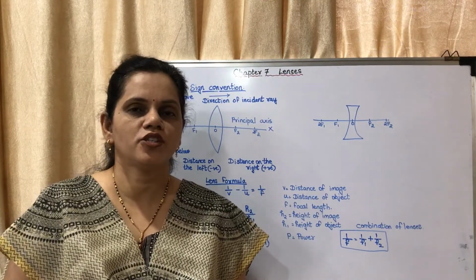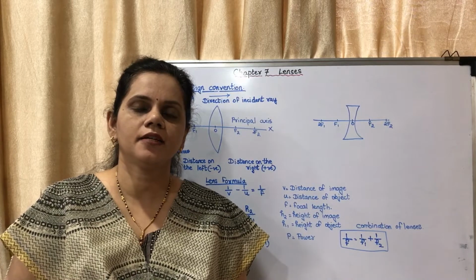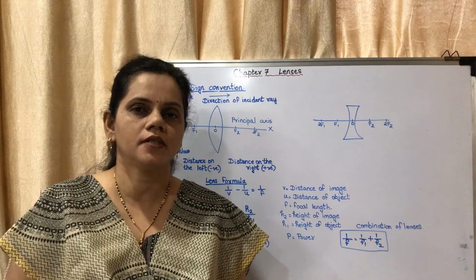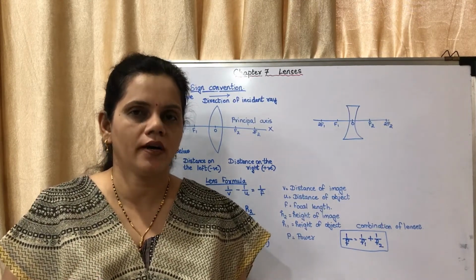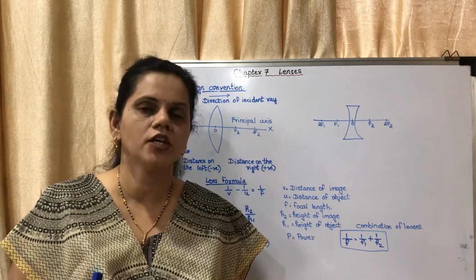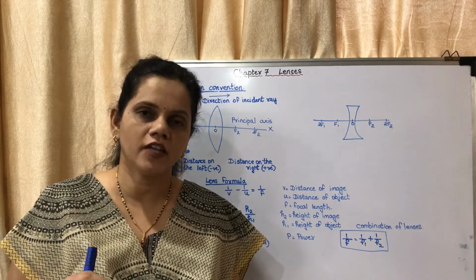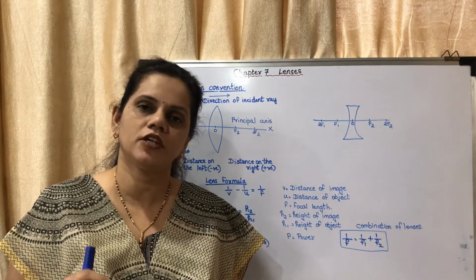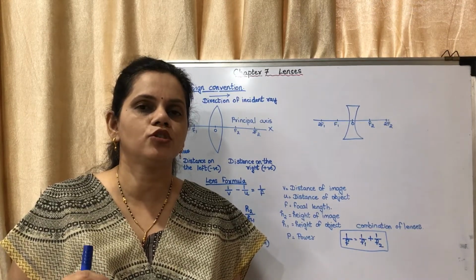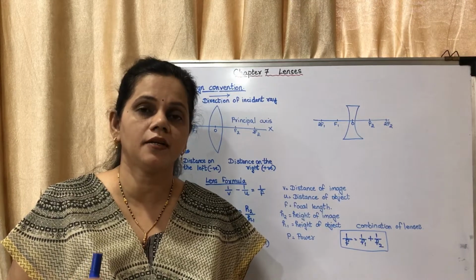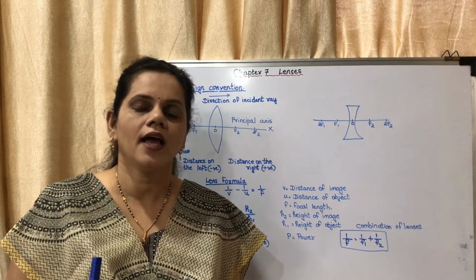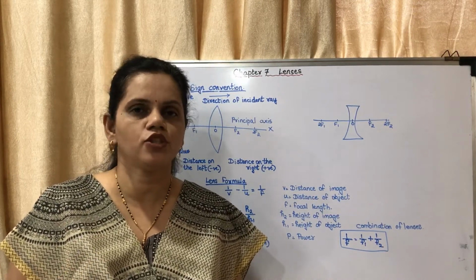So hope you have understood how to draw the ray diagrams. Ray diagrams each are of 2 mark questions. That means one diagram stands for 2 marks. Whenever you are having a question on ray diagram, you have to write the position of the object, position of the image, nature of the image, size of the image. You have to compulsorily write it, and draw the ray diagram. The ray diagram should be correct, it should be measured. That means the distance between optical center and focus and the distance between F and 2F should be the same.